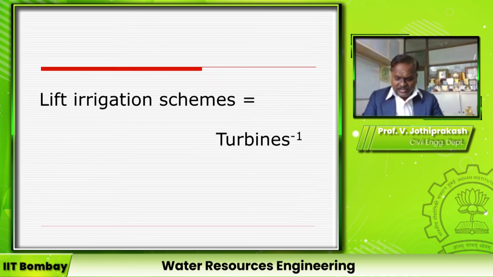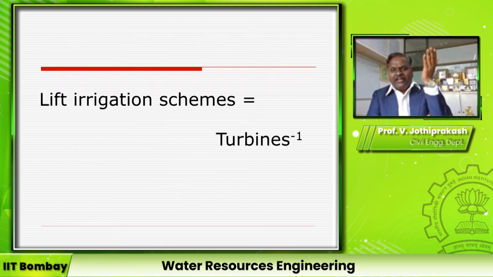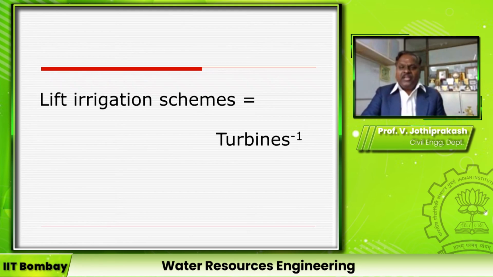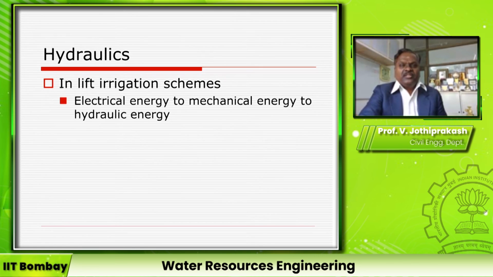Right? But nowadays, rather than construction of large hydroelectric power plants, the water which is flowing on the downstream side of the dams is lifted to irrigate at a higher level. It is like construction of an inverse of the turbine. So that means you install huge size pumps, lift the water by giving electricity to a higher level and then let the water flow by gravity to the irrigation fields. So in lift irrigation, electrical energy to mechanical energy to hydraulic energy. This is a good example.